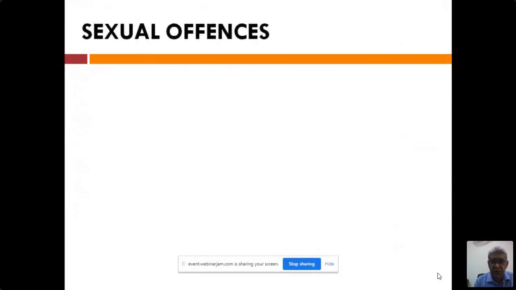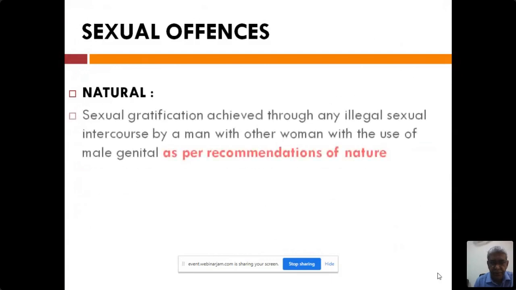Sexual offenses are categorized into two parts. The first part is based upon the natural way. The nature has specified only one natural way, that is the female genital tract. If any other way or opening of the body other than the female genital tract is used for this purpose, like the anal canal or the oral cavity or any other part of the body, that would be considered to be unnatural. So natural sexual offenses are those in which sexual gratification is achieved through any illegal sexual